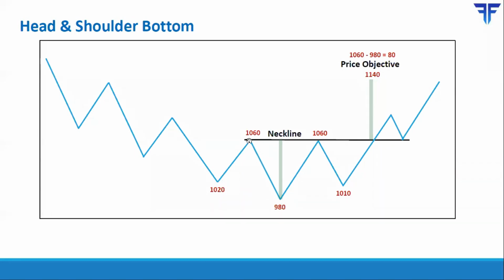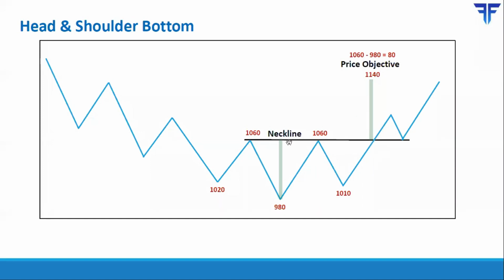This is the first low, which is nothing but the left shoulder. This is the second low as well as the lowest low in this pattern. And this is the third low, which is above the second low. Going forward in time, if price manages to break above the neckline, which connects the two intervening highs, it tells you that you should be buying this security.